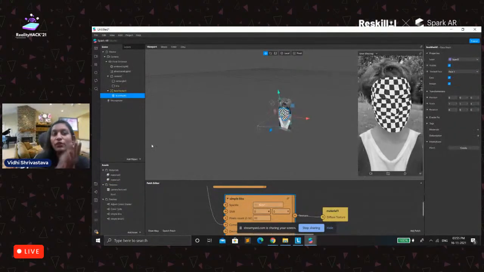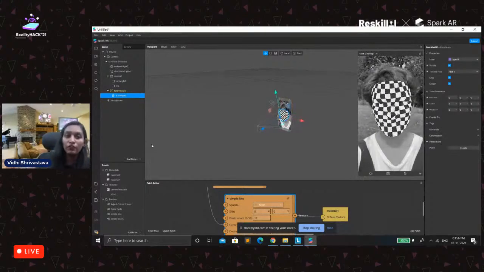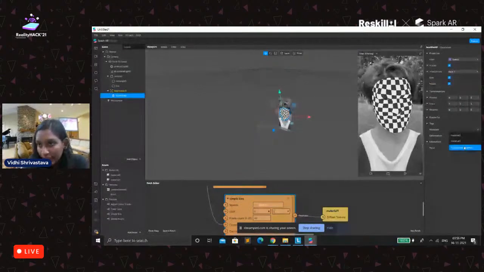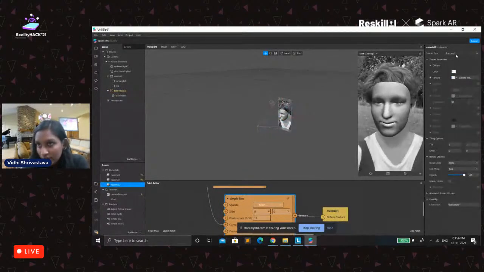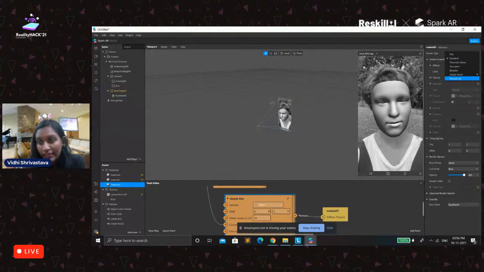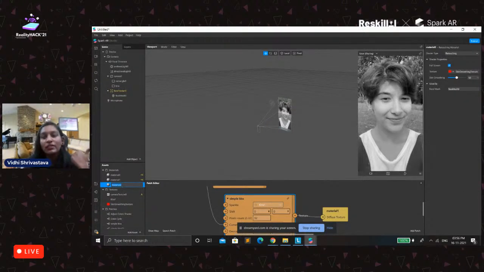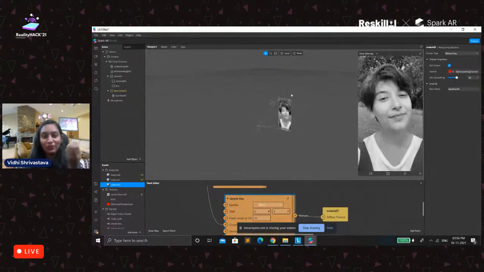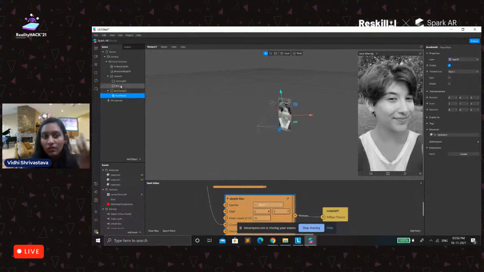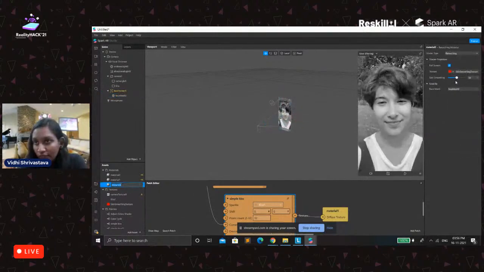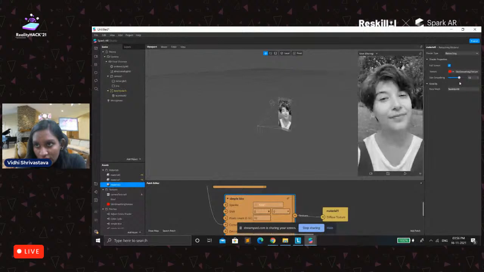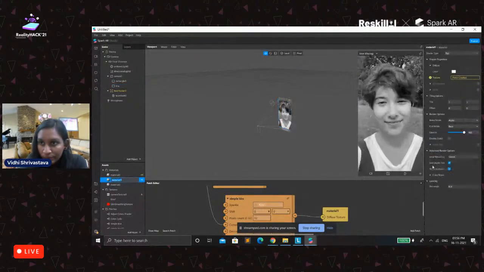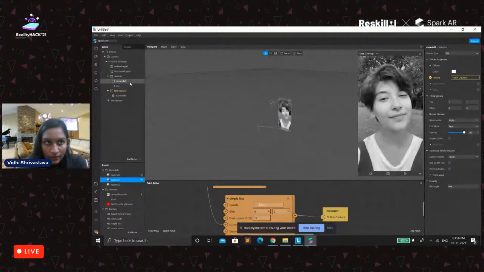As soon as you click on face mesh, since face mesh is a child of face tracker, the face tracker will automatically be enabled. And let me add a material to it, and you will just go to retouching. What it will do is hide some unnecessary lines or pimples and all. It will just hide them and make our face smoother. So we will change it to 67, and let me uncheck it, and for the rectangle too.